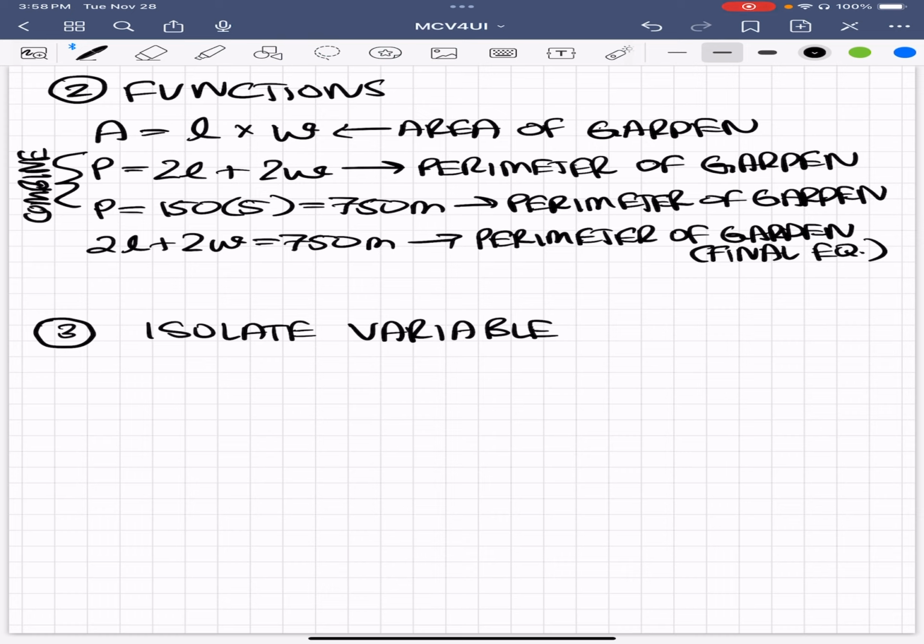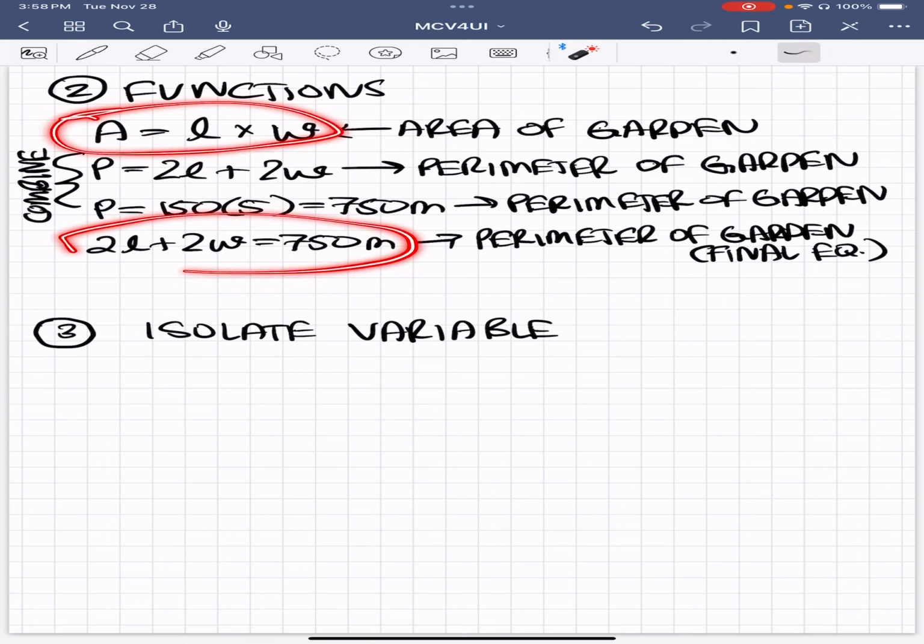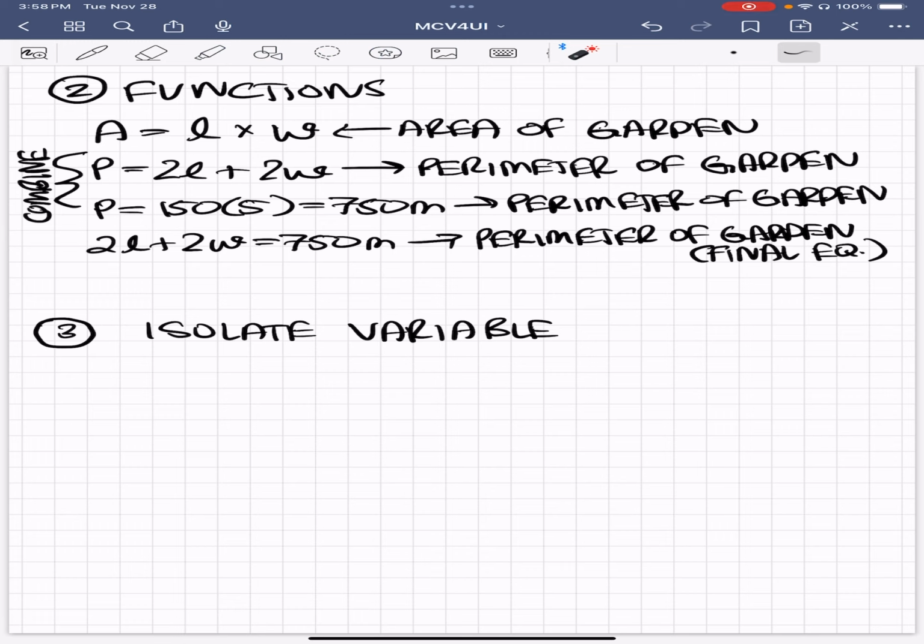Okay, so we have the equation for the area of the garden, we have the equation for the perimeter of the garden, and now we're going to